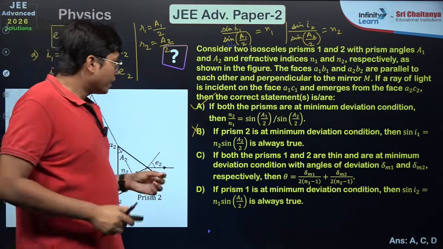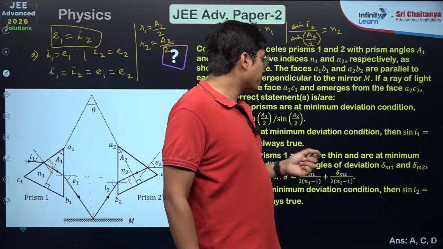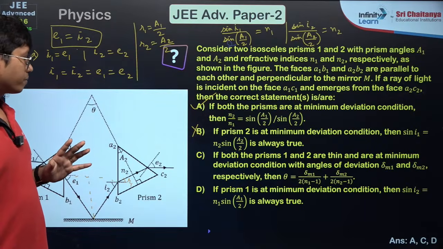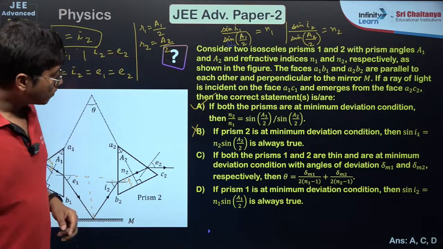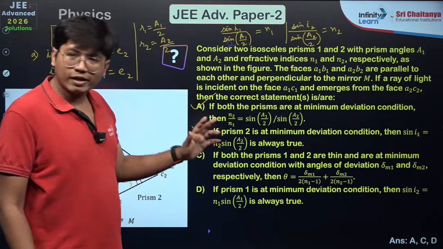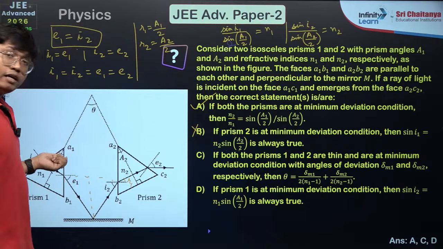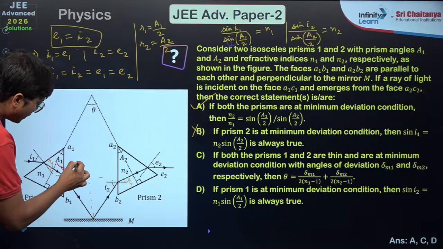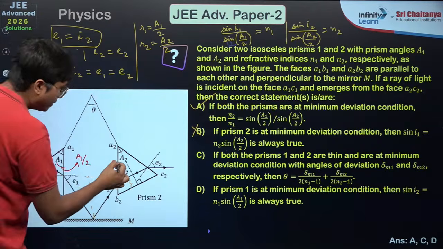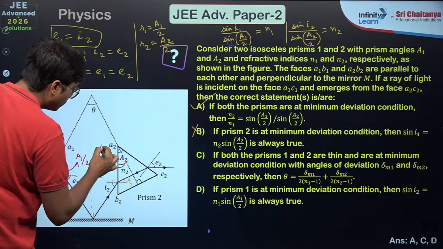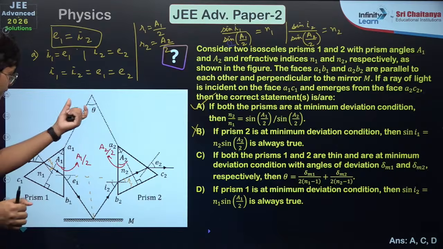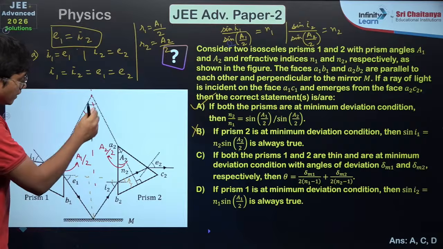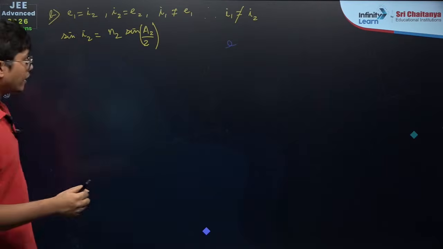Next, we have option C. It says both prisms 1 and 2 are thin and at minimum deviation condition with the angles of deviation delta M1 and delta M2 respectively. Then theta is equal to delta M1 by 2(n1 minus 1) plus delta M2 by 2(n2 minus 1). Now over here, see what the angle of the prism is. What is that angle? Theta. This angle is A1 by 2 and this angle is A2 by 2. And this theta, if I were to draw straight down, you see this angle is just A1 by 2, this angle is just A2 by 2. So theta basically for me